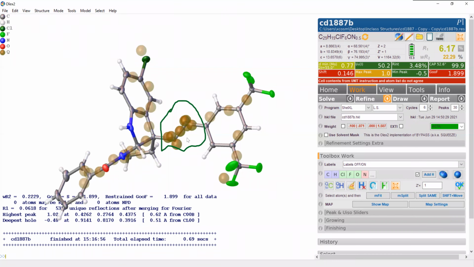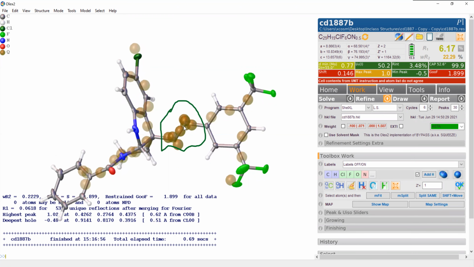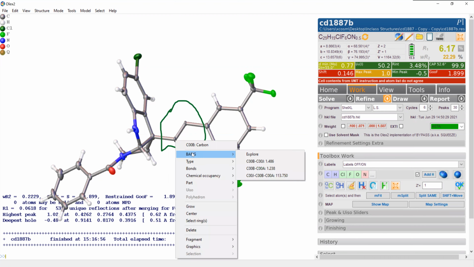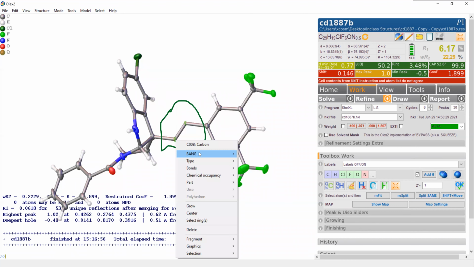So now we have to use our chemical intuition and think of what else these 2 positions could be. If we look at the bond distance between them, it's about 1.24, which is some type of double bond distance. And if it's not carbon, obviously it can't be oxygen, because you can't have an oxygen-oxygen double bond in the middle of a molecule, at least not under normal conditions. So the only obvious candidate is maybe a nitrogen atom. So let's change these 2 to nitrogen atoms